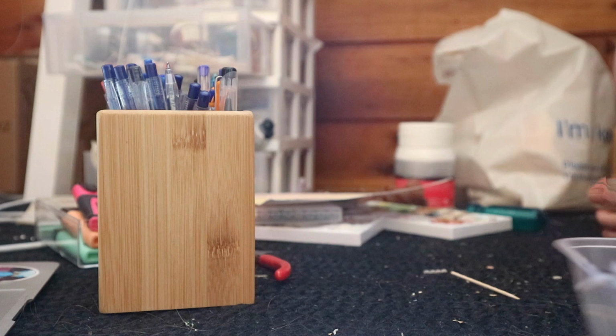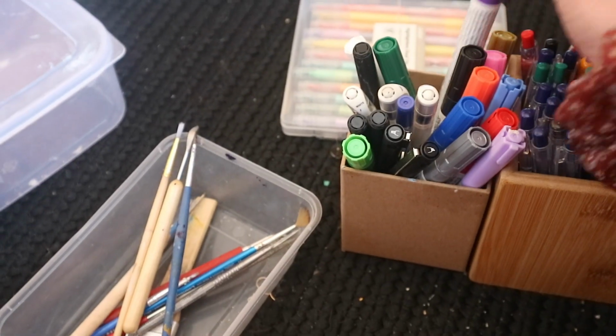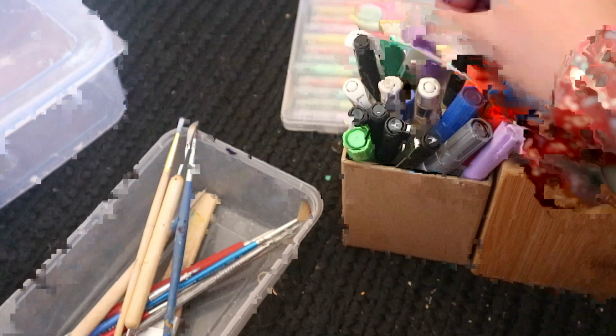Okay, so I've kind of gotten all the trash out of here, and so now I'm just going to organize my pens and things. Look at my hands after organizing all those pens, but I've got paint pens in here and some of my art liners and my white